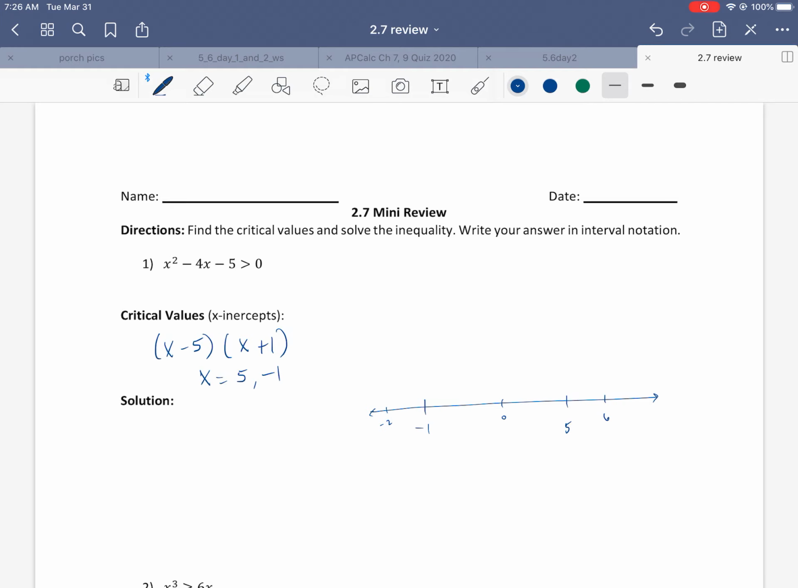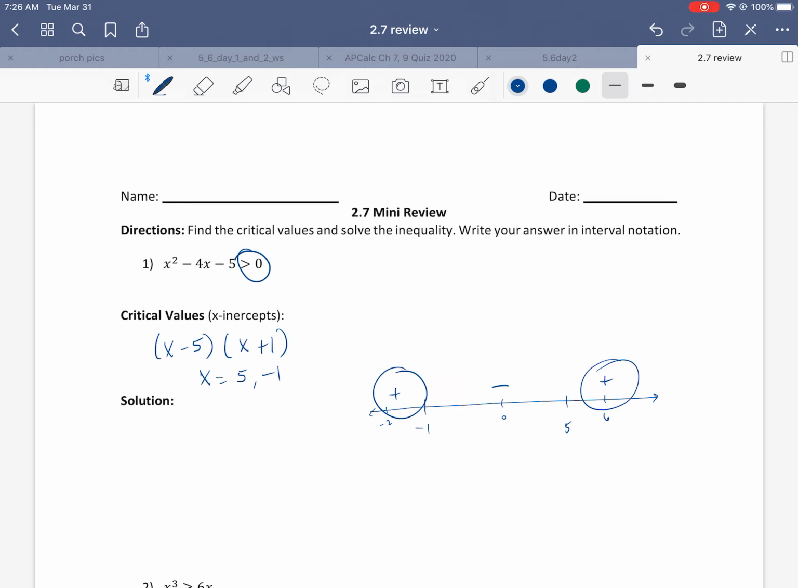So if I plug -2 into the factored form, -2 minus 5, well, that's a negative number. -2 plus 1, that's a negative number. A negative times a negative will give me a positive. So now if I try the same thing with 0, 0 minus 5, that's a negative number. 0 plus 1 is a positive number, so a negative times a positive will give me a negative. And then if I plug in 6, 6 minus 5 is positive, 6 plus 1 is positive, positive times positive is positive. So the solution to this inequality, since we want to know when it is greater than 0 or when it is positive,